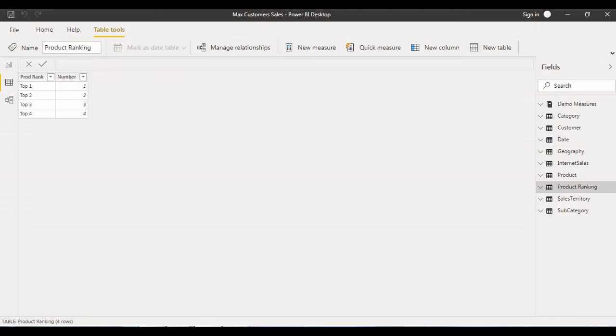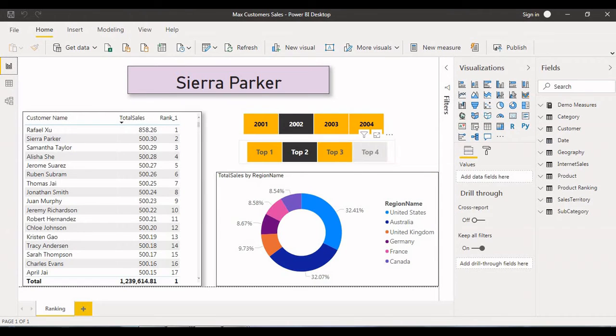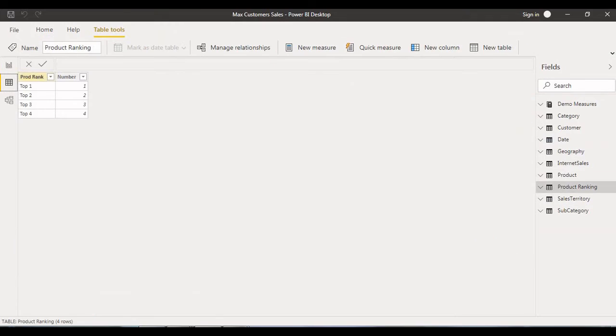Why I created it: in the report, if you notice, this column I have used as a slicer. I also created the extra column because sometimes the sorting doesn't work properly, so that is a helper column. I have taken the number so we can easily sort by using this column. That is the reason I created this column.